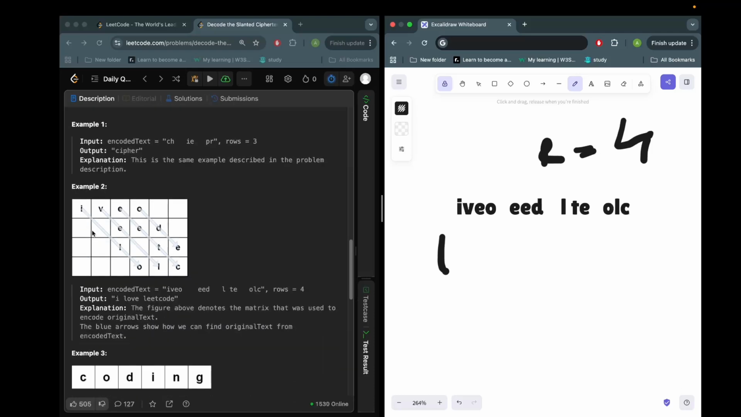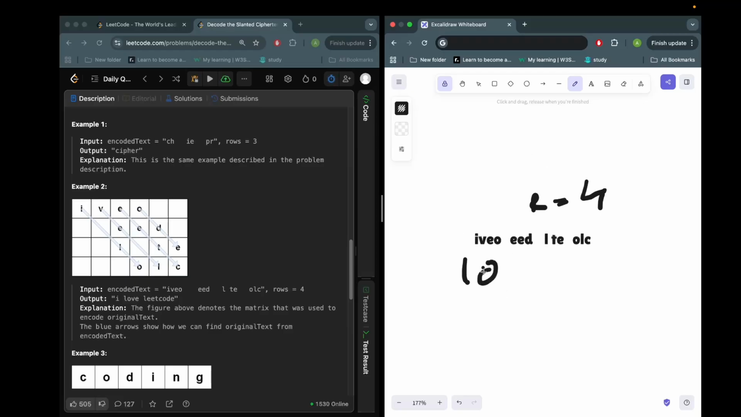Okay, for example, we go through the diagonal. If we find a space, we attach it. So the condition should be, each diagonal is what? Let me minimize this a little bit. So if we start at 0 0, right, then we go to 1 1,